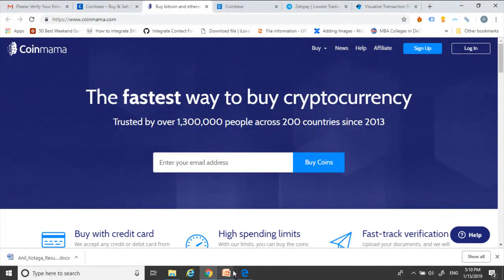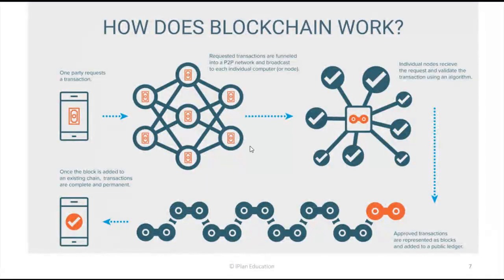Now, the objective of our curriculum right now is not about learning how to trade Bitcoin, but to understand what Bitcoins are and how the blockchain technology works, what the government rules and regulations are, and what the limitations are. So we will take a break, and then we will learn more about the limitations, the problems associated with the blockchain, the risks involved with the blockchain and cryptocurrency trading, and a lot more. So I'll get back soon. Let's have a break.